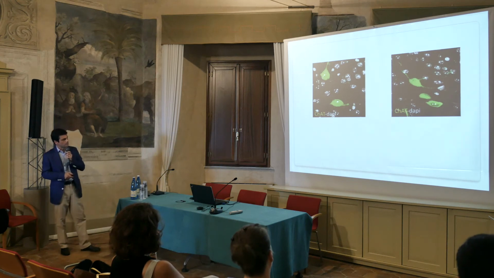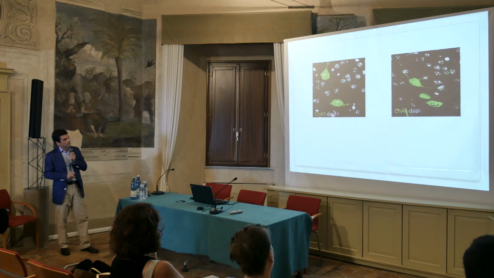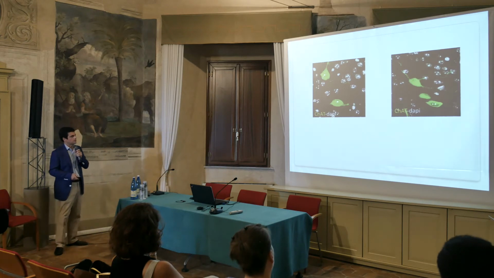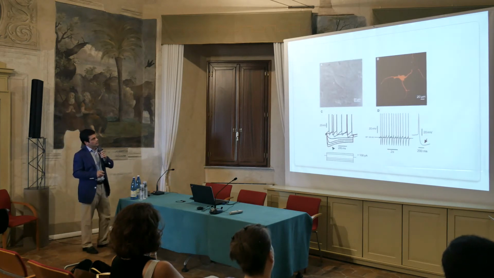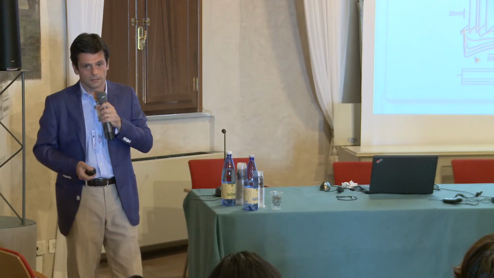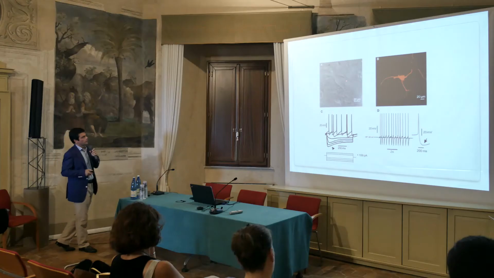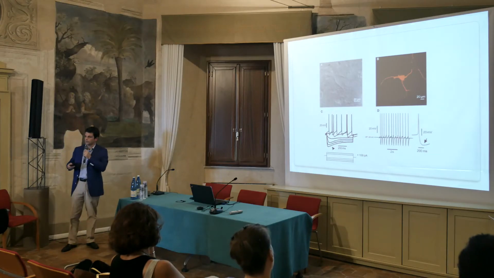And here is another image with DAPI. You see that compared to the other neuronal subtypes, they are scattered throughout the striatum. And we can see them by means of infrared video microscopy so that we can go with our pipettes and record them